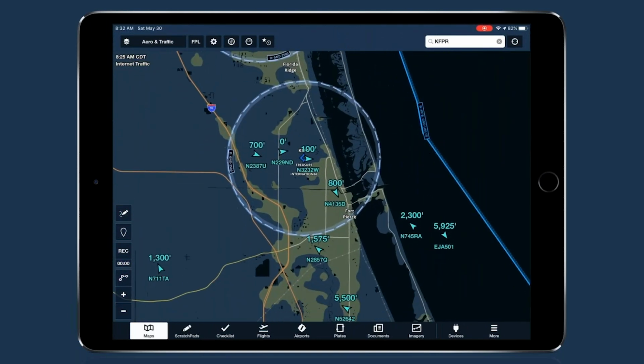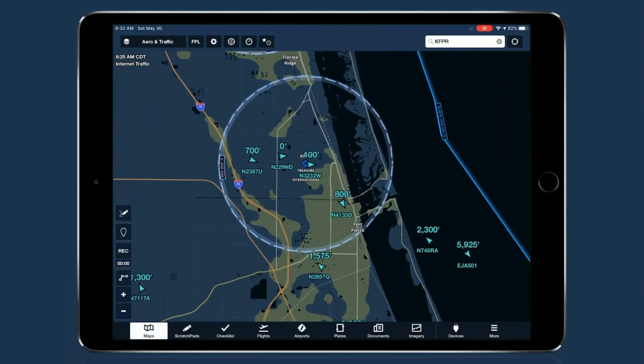One of the more exciting use cases is just for viewing activity at the local airport or along your planned route. I actually just read an AOPA article last week about an airport diner in Fort Pierce, Florida that had great reviews. Hopefully they're open given the global pandemic right now. But if I wanted to check that out, I might first look at local traffic and see how busy it is, right? I live here in Central Texas, and